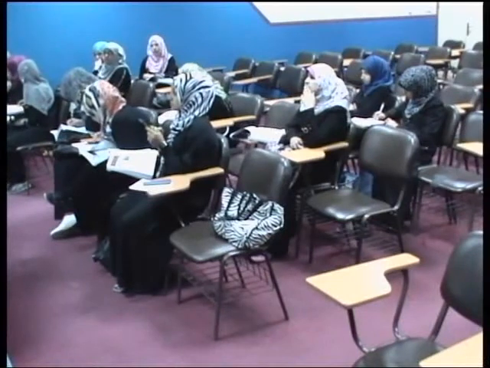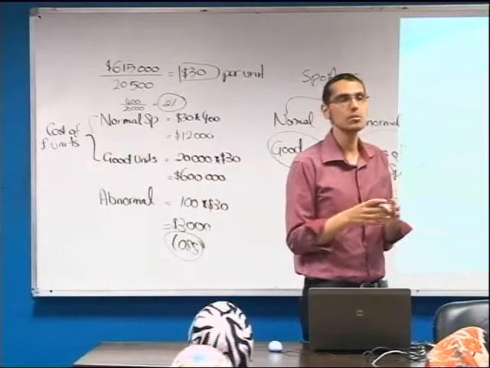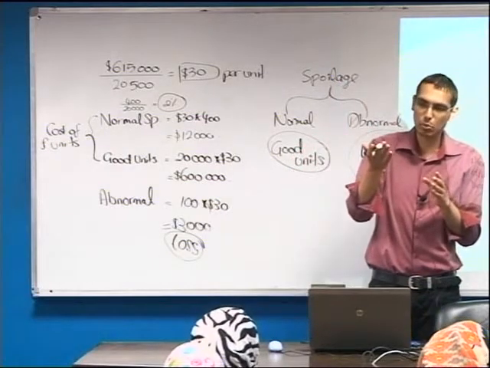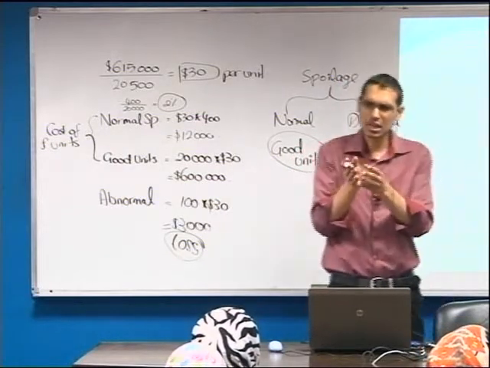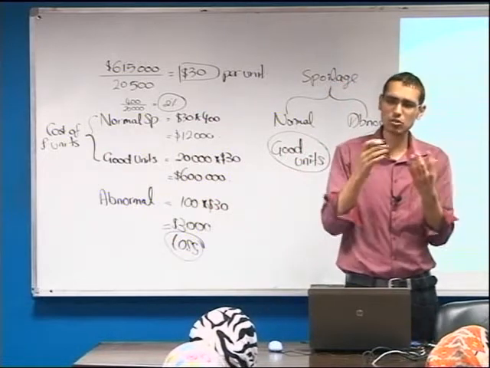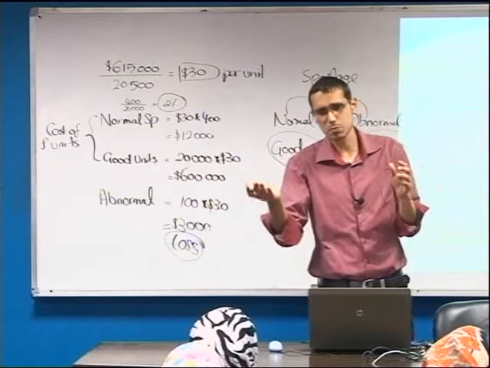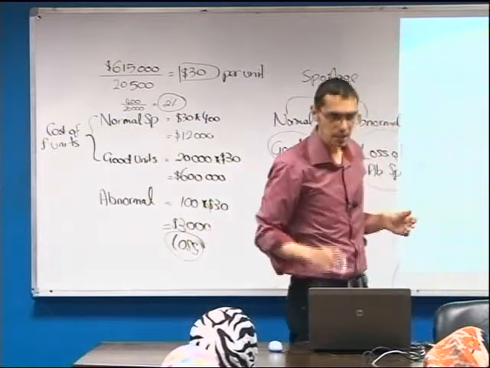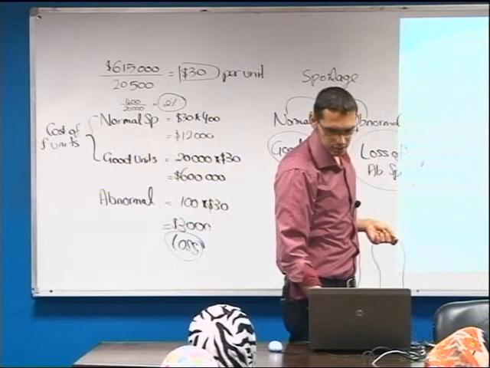Of course, we can calculate it by several means, let us say. But this is the best way to present the normal spoilage, because we know the normal spoilage is incurred because of the good units. Therefore, we are going to present the normal spoilage as a percentage from the good units. Okay? Now let us consider